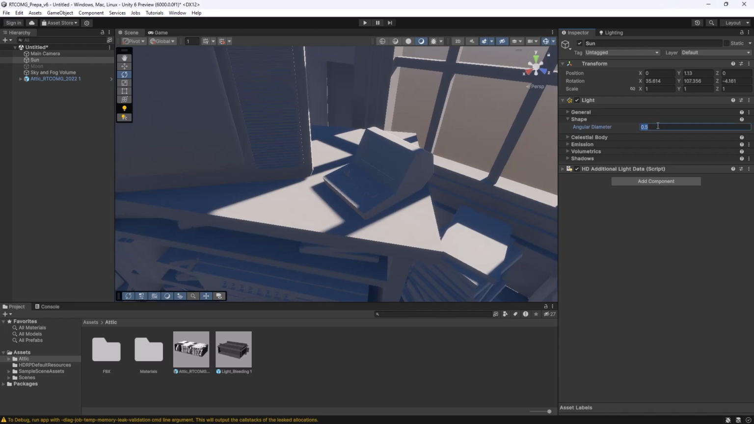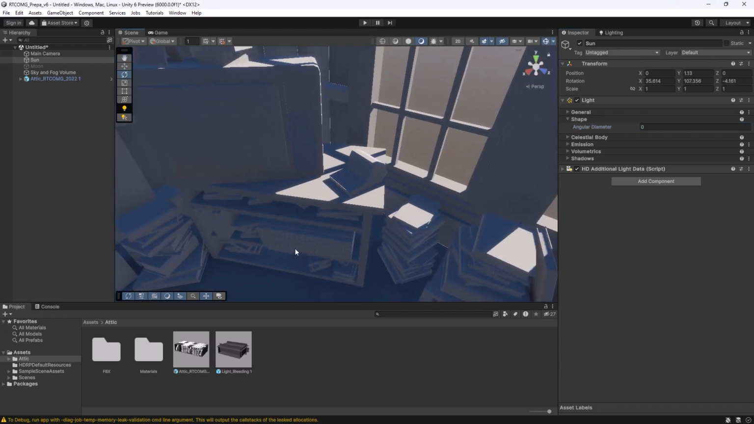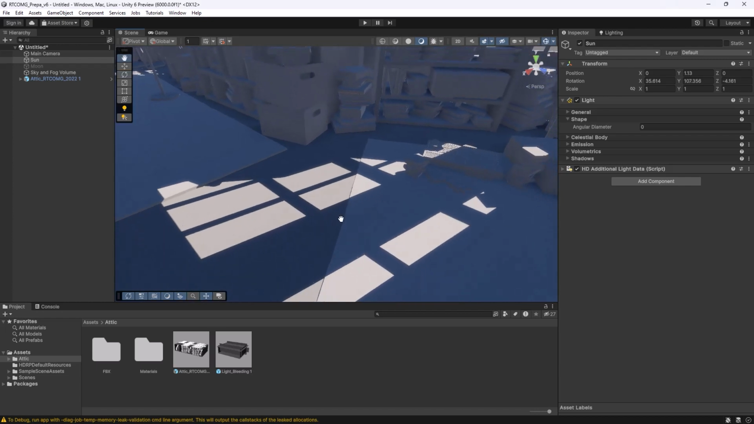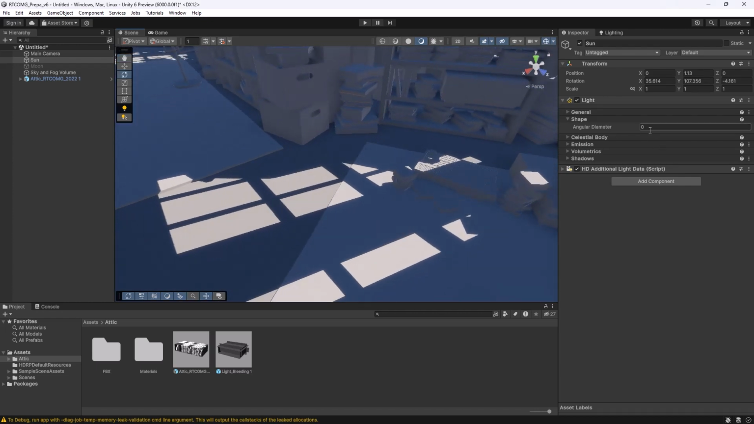So what I can do, I can reduce this size, and you will see if I put 0, my shadows will be super sharp. Okay, too sharp, clearly. It must be a little bit blurred. So here you can adjust this value. If I put 0.1, or if I adjust that, you will see progressively the shadow will be